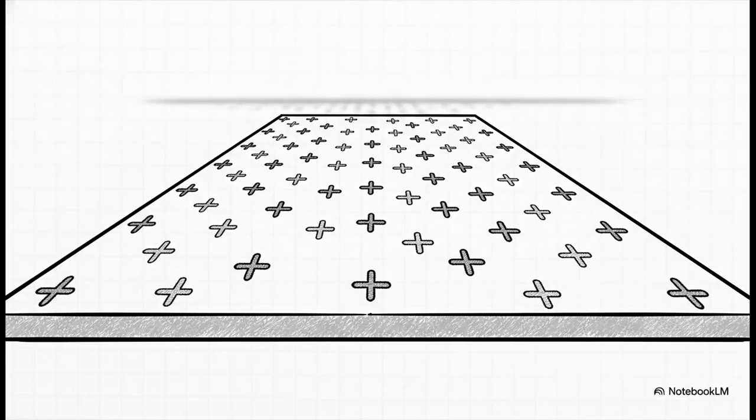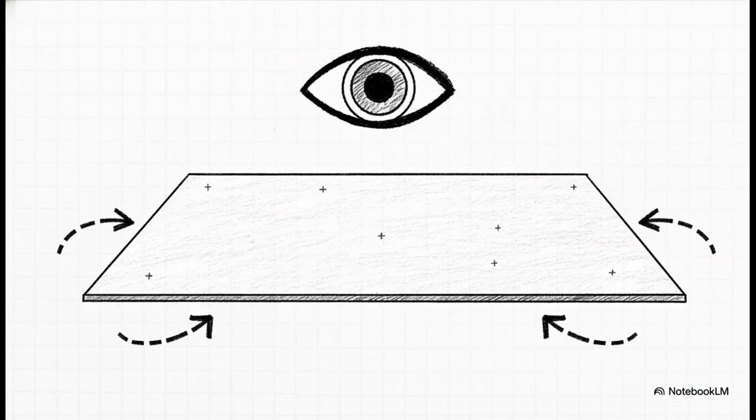Okay, so let's really think about this symmetry for a second. We have a plane that stretches out forever in all directions, and the charge on it is perfectly uniformly spread out. I mean, seriously, think about it. If you're a tiny observer floating above this infinite plane, and you move left or right or forward or back, does anything change? No. It looks exactly the same in every direction. It's infinite. And that simple fact has a massive consequence.